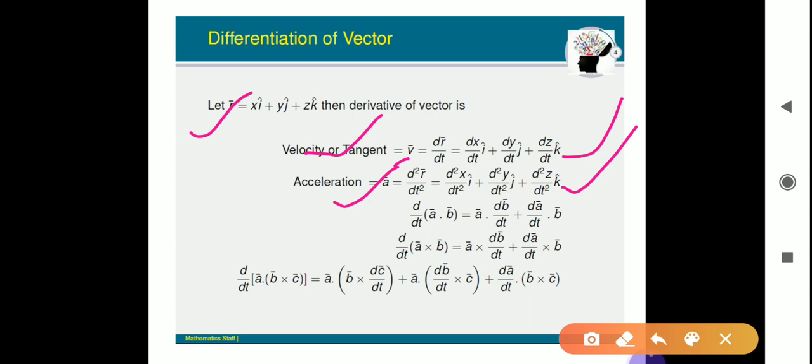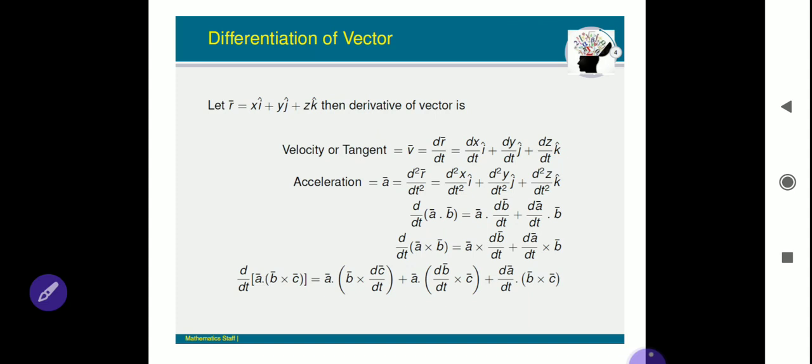Next one is differentiation of vectors. All rules of derivatives are applicable to vectors. Suppose a bar and b bar are two vectors, then how do we find the derivative of the dot product of two vectors and the cross product of two vectors, using the same u into v rule. Okay, meaning d by dt of a bar dot b bar equals a bar dot db bar by dt plus the same with the other term. Then the next one is